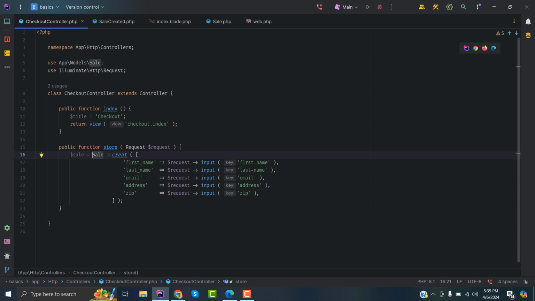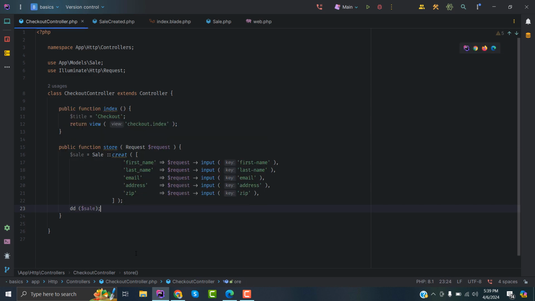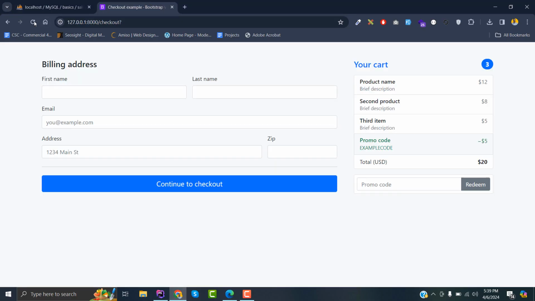Now first of all, let's check if we are getting the sale here. I will just simply dump and die the sale. If the sale is created successfully, then we will move forward. So I will fake fill the data. We have name, email, address and zip code. So if I hit checkout,